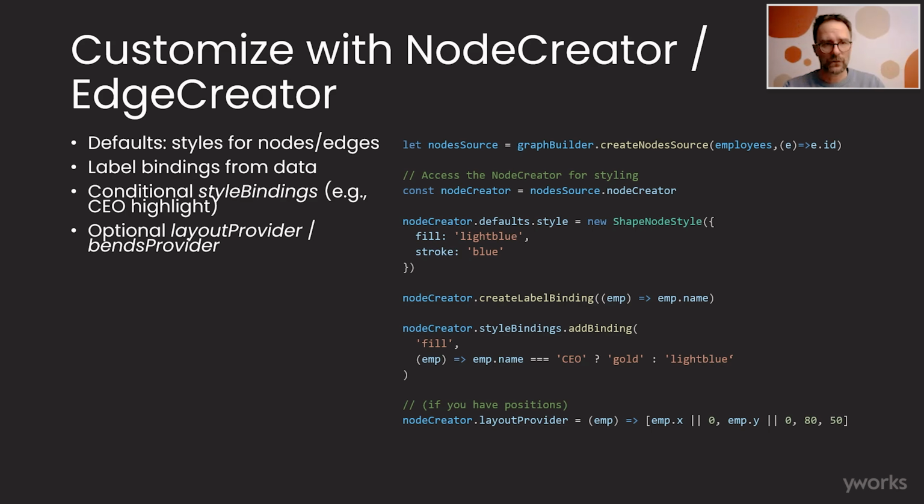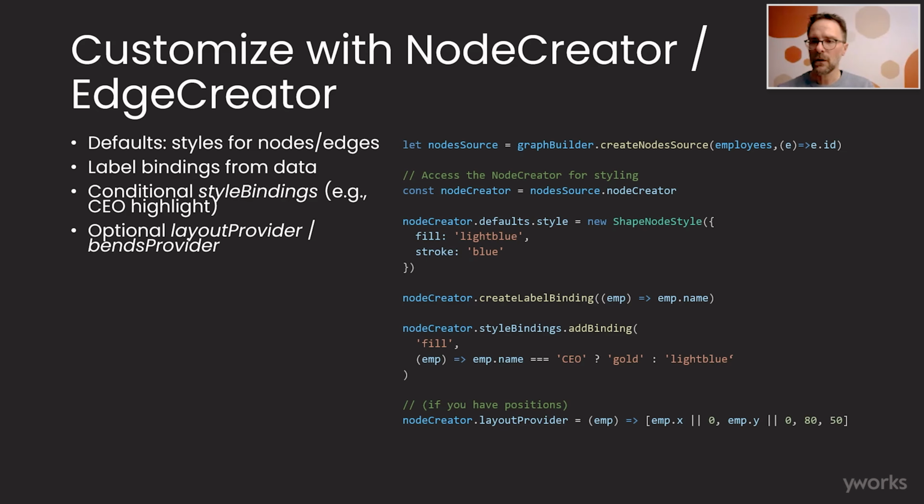You create different node sources, for each declare the ID mapping, and then you can customize the node creator for each of these node sources and declare how they should be rendered. yFiles will automatically mix and match them to the various